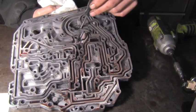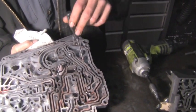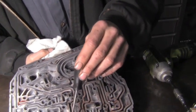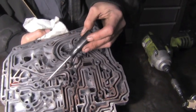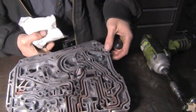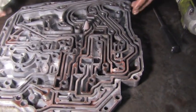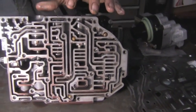Some of these circuits or these channel castings, they're just bare and open. Not all of them are used because it's just the way the casting is. But each one goes to a respective circuit to apply that clutch. Now the 41CE, A604 or 42RLE, for those of you who know transmissions, this